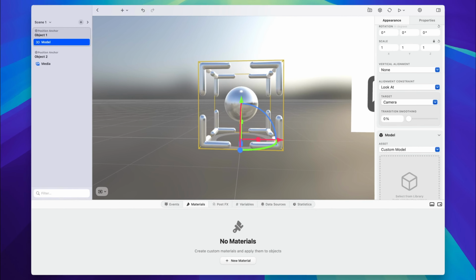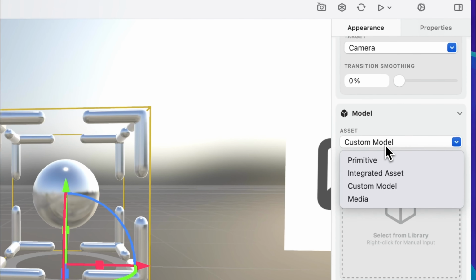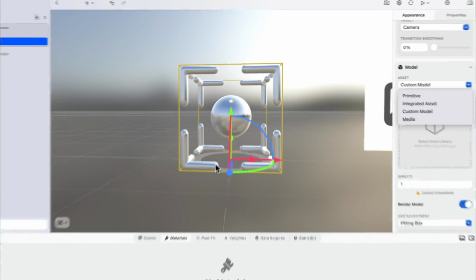Then the transition smoothing gives you a bit more control over how much it's really sticking to the object, or if it's slowly turning in the direction that the object is, for a more natural look. If you scroll a bit further down, you can see that this 3D model, right now it's just our default model,